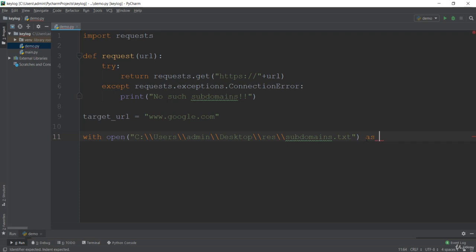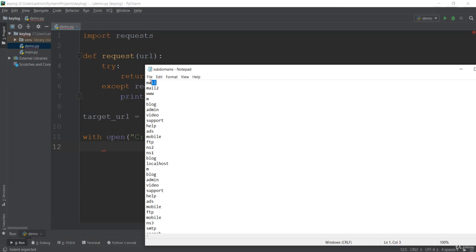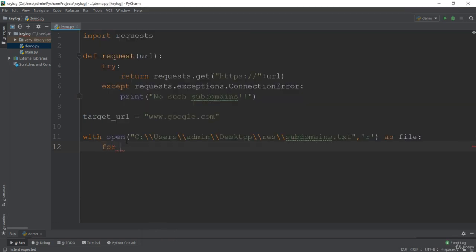So I'll just rename this. We have done this before while we just open the file. So we have forgotten one thing, the mode in which we open the file. I want to read the file, that means I'll just open the file in the mode of reading. So I'll just name this as file, and let's do something in this file. So if you see what we have in this file, we have a line. We have one line containing a word, another line containing a word. So first of all, I want to make a loop in that file.